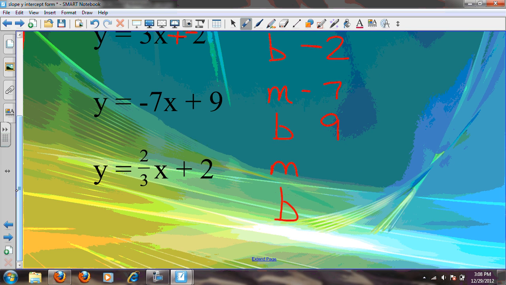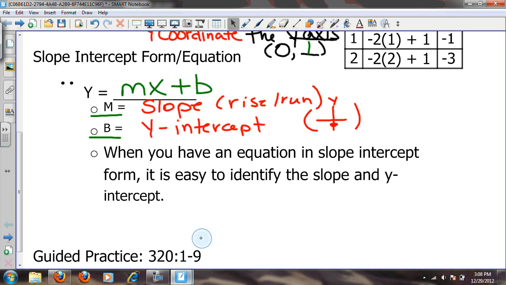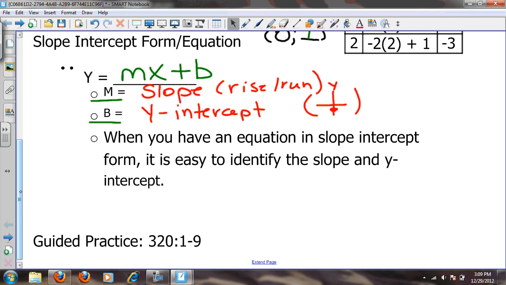And lastly, y equals 2/3 x plus 2. What is my slope? 2/3. And my y-intercept? It is 2. Okay? So finding slope and y-intercept is easy to identify when you have the equation given to you in that form. Y equals mx plus